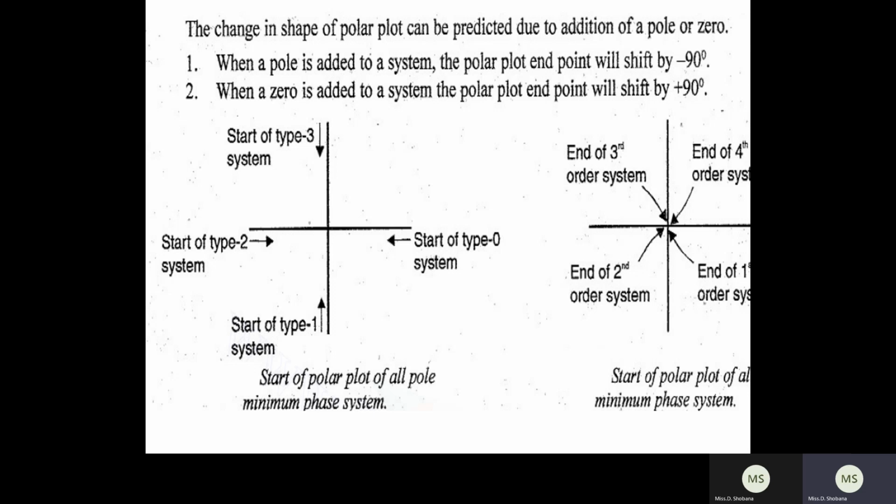Otherwise, the other method is by using the mathematical model concept. Here s will be replaced with j omega, so 1 divided by 1 plus j omega T. It consists of a magnitude as well as a phase function. The magnitude is 1 divided by root of A square plus B square, that is, omega square T square. The phase angle will be tan inverse of imaginary divided by real. The imaginary coefficient is omega T divided by 1. Since the tan term is in the denominator, it will be written as minus tan inverse of this. The magnitude becomes 1 divided by root of 1 plus omega square T square.